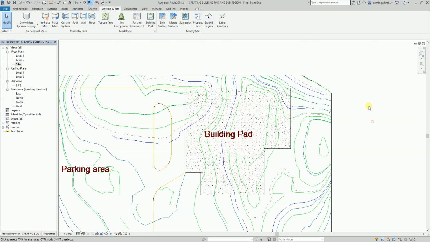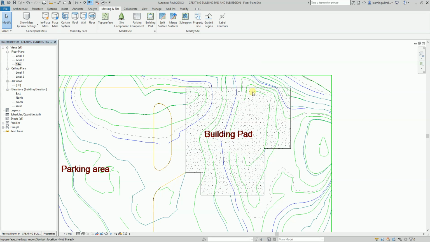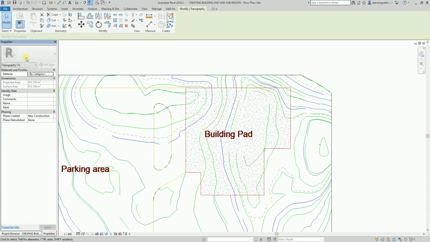Another thing, if you select your building pad, you can check out the properties here. As you can see, you can change the material just like your topo surface, and also you can see here the projected area as well